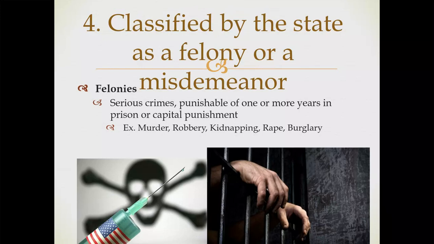The 4th component is called being classified as a felony, misdemeanor, or a violation. And so we're going to talk about felonies, misdemeanors, and violations. Simply put, felonies are the worst types of crimes that you can commit. These are the ones that you are more than likely going to spend time in prison, not jail, and we'll get to the difference when we get to our 5th interval. This includes most violent offenses, including kidnapping, rape, burglary, murder, etc.